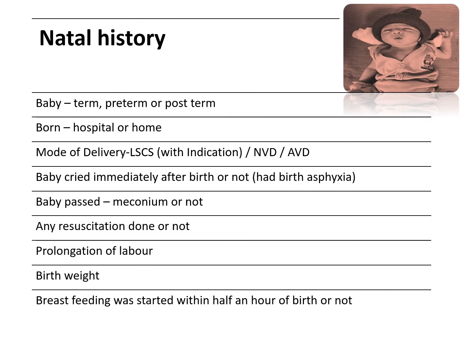After antenatal history, we have to take the natal history, in which we have to mention either baby is term, preterm or postterm, hospital delivery or at home delivery was take place. Then mode of delivery, either LSCS. If LSCS, then also write down the indication, or normal vaginal delivery or assisted vaginal delivery. Then we have to ask baby cried immediately after birth or not. If not cried, then we have to label birth asphyxia. Baby passed meconium or not, we have to ask any resuscitation was done at the time of birth,